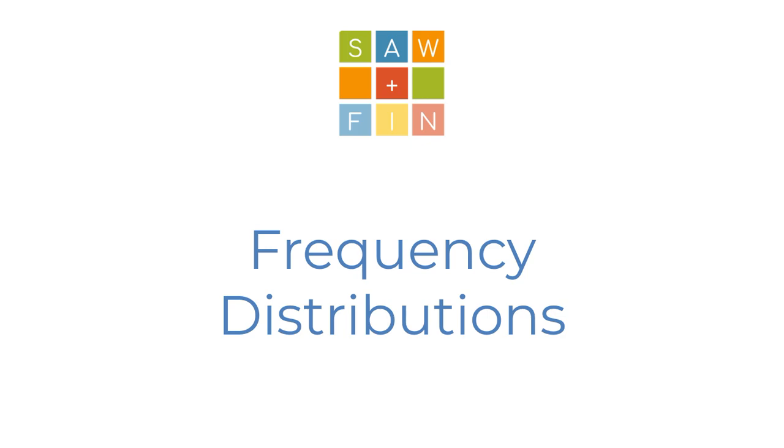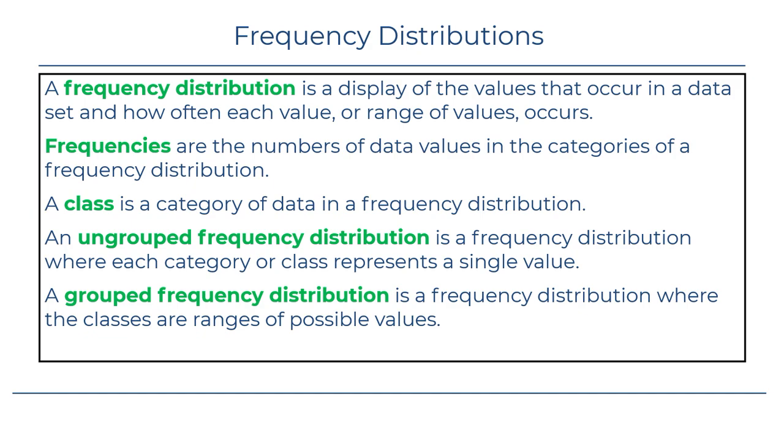Section 2.1, Frequency Distributions. There's quite a bit of terminology associated with frequency distributions. A frequency distribution is a display of the values that occur in a dataset and how often each value or range of values occurs. So we'll work on creating these by hand and using Excel. The frequencies are how often the data value or a data value within a certain range occurs in a frequency